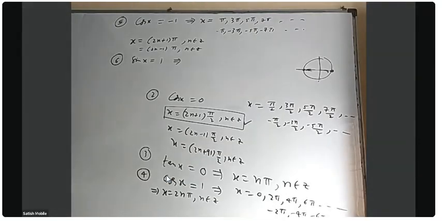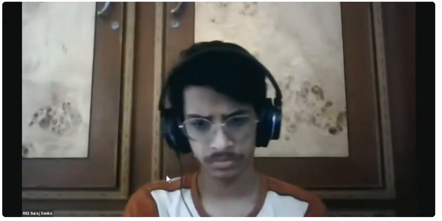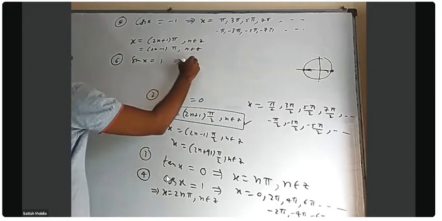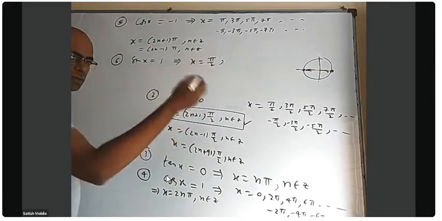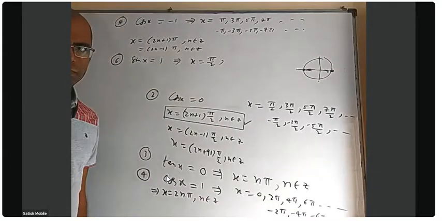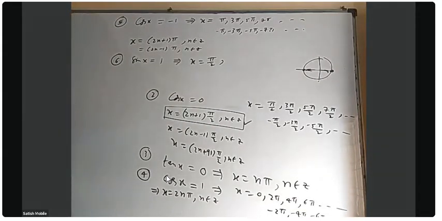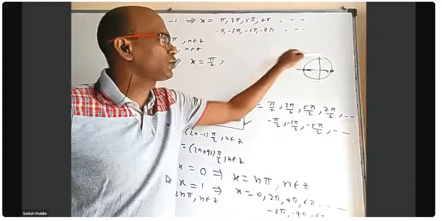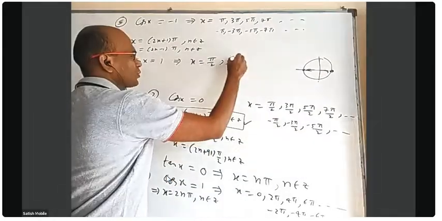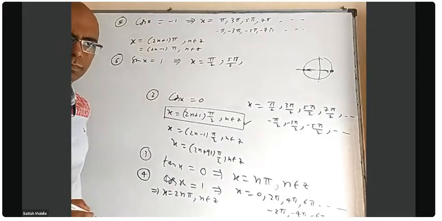2n plus 1 into pi by 2. Are you sure about it, Satyanarayana? X equal to pi by 2 is okay. What is the next possibility? Is it 3 pi by 2? Five pi by 2. We'll get pi by 2, and next is again 2 pi plus pi by 2, which is 5 pi by 2. And what is the next one going to come?